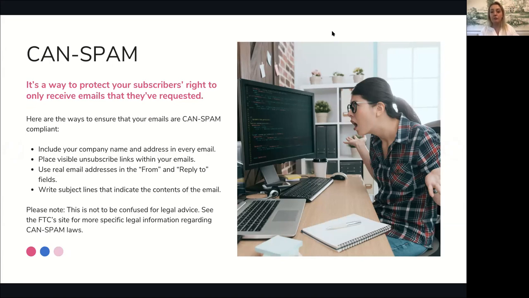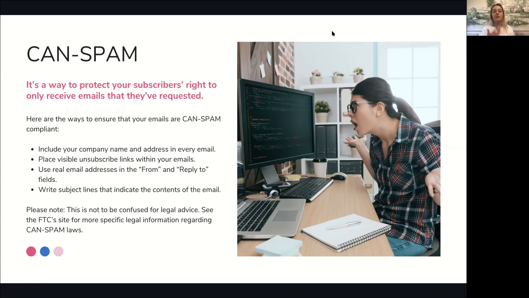You cannot force people to receive your email. You also can't pay to get a bunch of people's email addresses and dump them into your email software and start sending to them. They have to request to get your emails, and then you have to make sure that they can request to not get your emails anymore.